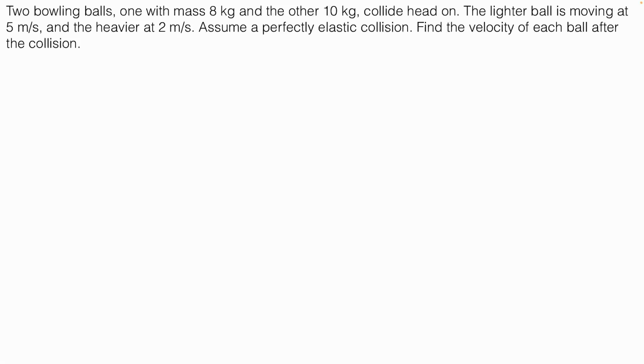So we got two bowling balls. They are going to be in a head-on collision, right? So what does our picture look like? Bowling ball numero uno going that way, right? Bowling ball numero dos going that way. That's like the before picture, right? What would the during picture look like? Bonk. And then what would the after picture look like? Probably something like that, right? But we know